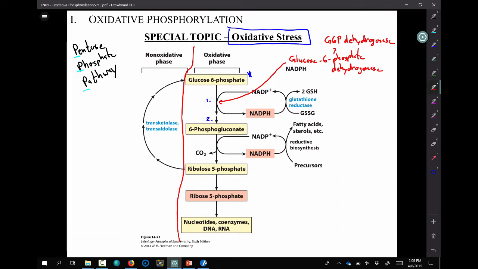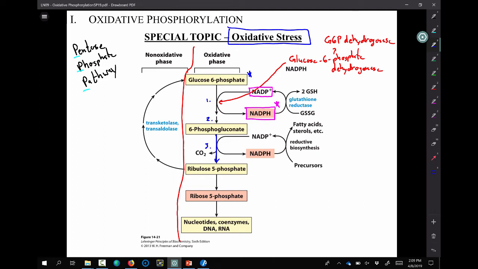I want to mention that enzyme because you'll notice that it uses a mole of NADP plus and makes NADPH in this reaction. I'm going to put a star by that NADPH. Now, let me go to the next step in the pathway, the other one I want to highlight here. This is the third step in the pathway. 6-phosphogluconate undergoes an oxidative decarboxylation reaction to ribulose 5-phosphate.